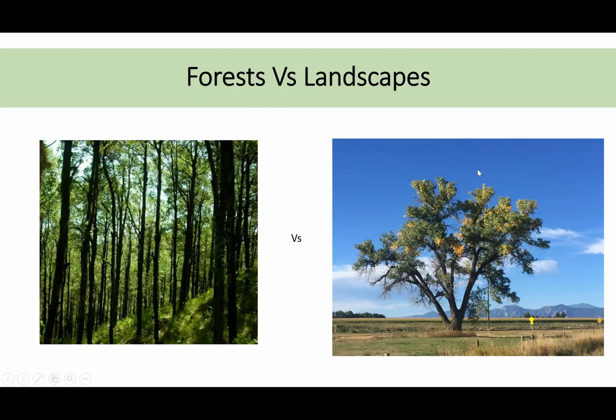On the other hand, you can see we have this cottonwood in the right-hand photo over here. And for that cottonwood, you can see that's not really a landscape, right? It's a pasture, but it's the same idea. There's very little competition for light. And so lower lateral branches receive light their whole lives. They grow large. The tree tends to develop multiple trunks and be more spreading in general.